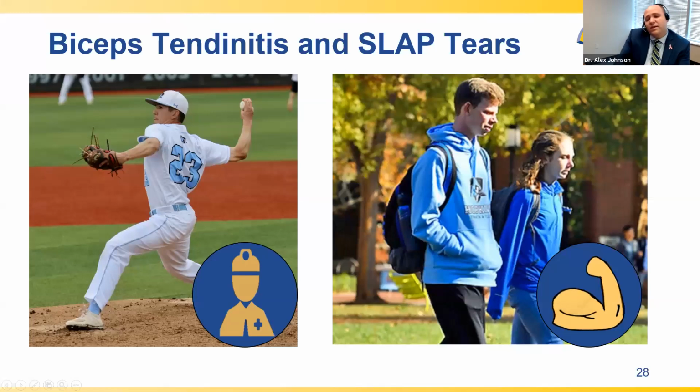Well, it really depends on what your symptoms are, how long it's been going on for, and what your level of function is. And again, for this picture, perhaps his level of function requires everything to be working exactly correctly every time. And so he may be one that we may need to do surgery on after we've done some therapy, whereas his colleagues, his classmates, they may just work out and they may not need surgery on the shoulder, so they may be able to get away with therapy.